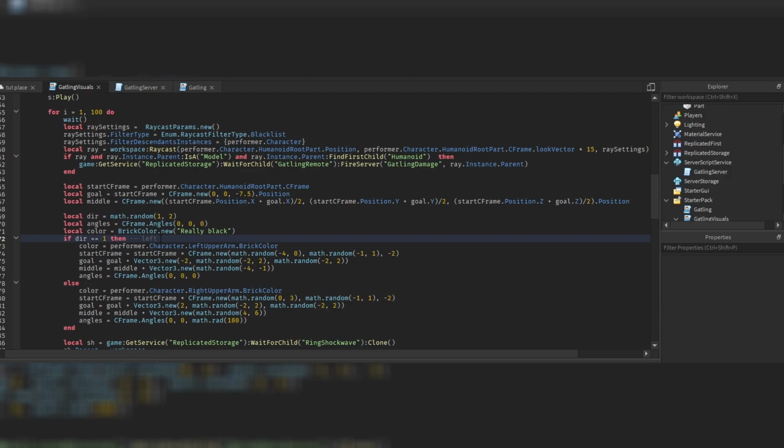Now, if direction is 1, means left arm, then what we want to do is change the color to our performance left upper arm brick color. That's the first thing. Apart from that, we are editing the start C-frame. So we use our start C-frame as the base and multiply another C-frame to it. And this is just randomizing the starting point, as you can see. So we generate a random number from -4 to 0 for the x-axis, and from -1 to 1 for the y-axis, and -2 is always constant. All right. So for the z-axis,